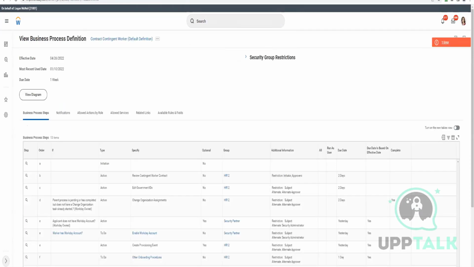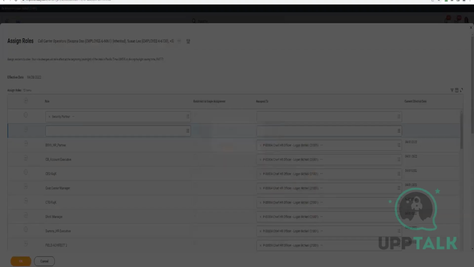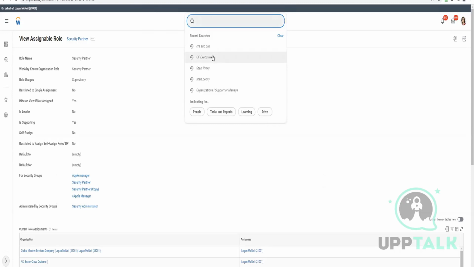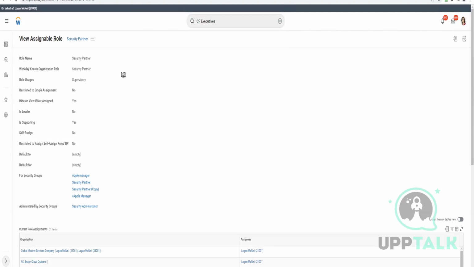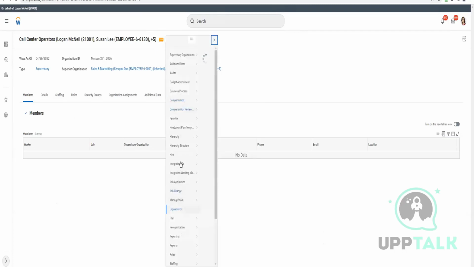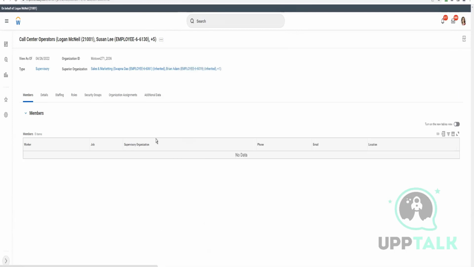So we're not going to use a default definition. Let's close this. So let's discard this. So we have done this. Let's go back to our supervisory organization and then hire a person right here again. Go to staffing or hire, contract contingent worker,